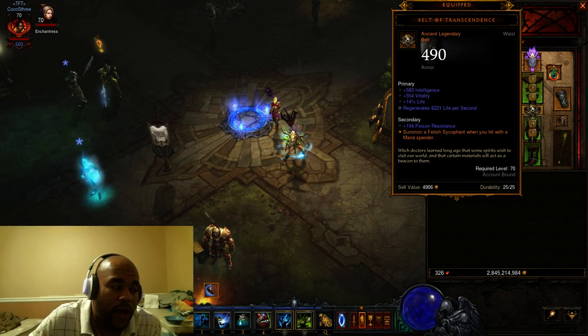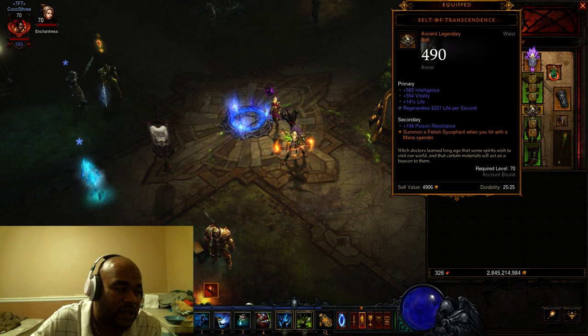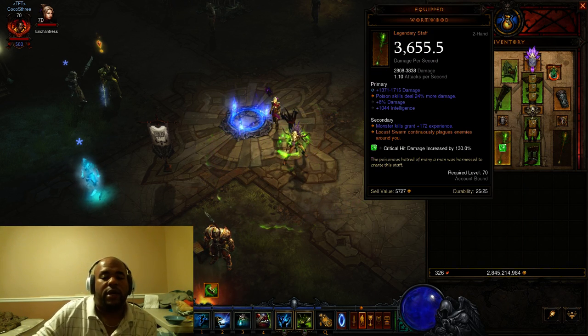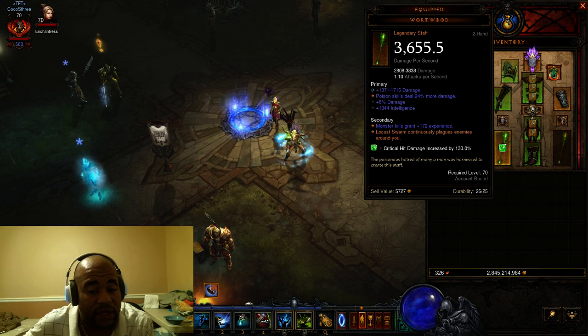Cool note, if you have a Wormwood on and it hits a monster when it casts, that generates a finisher, so it counts as a mana spender, even though technically you're not spending mana for it, so it works well with the Wormwood. Of course, we're running Wormwood because it automatically casts Locust Swarm on all the targets on the screen, which is pretty significant, because